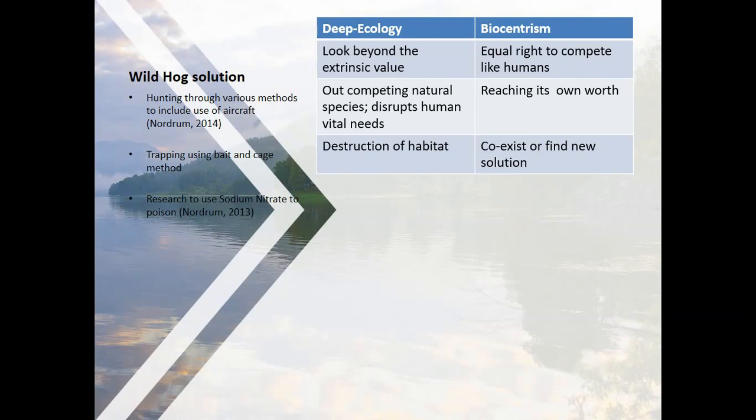The biocentric outlook again would state that even though humans caused the invasion, they have every right to live as humans. The hog is doing no wrong, as it is trying to reach its full potential or worth. Given these ideas, humans do not have the right to intervene by killing the hog, and using the excuse of fulfilling a need such as hunger can be mitigated by finding other sources of food that would not affect the species negatively. Both viewpoints have a negative stance on the unethical removal of the animal, such as using explosives. And some groups, such as the Animal Rights Foundation of Florida, find the use of dogs unethical on the grounds of unnecessary pain to the hog and potential injury to the dog.